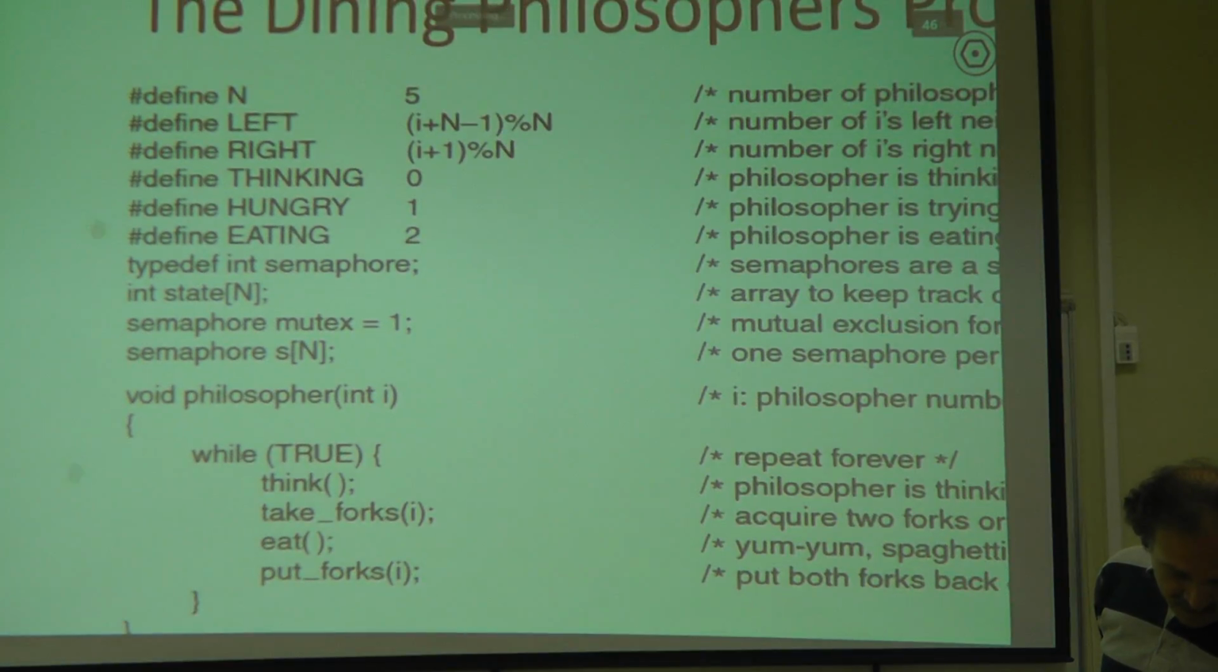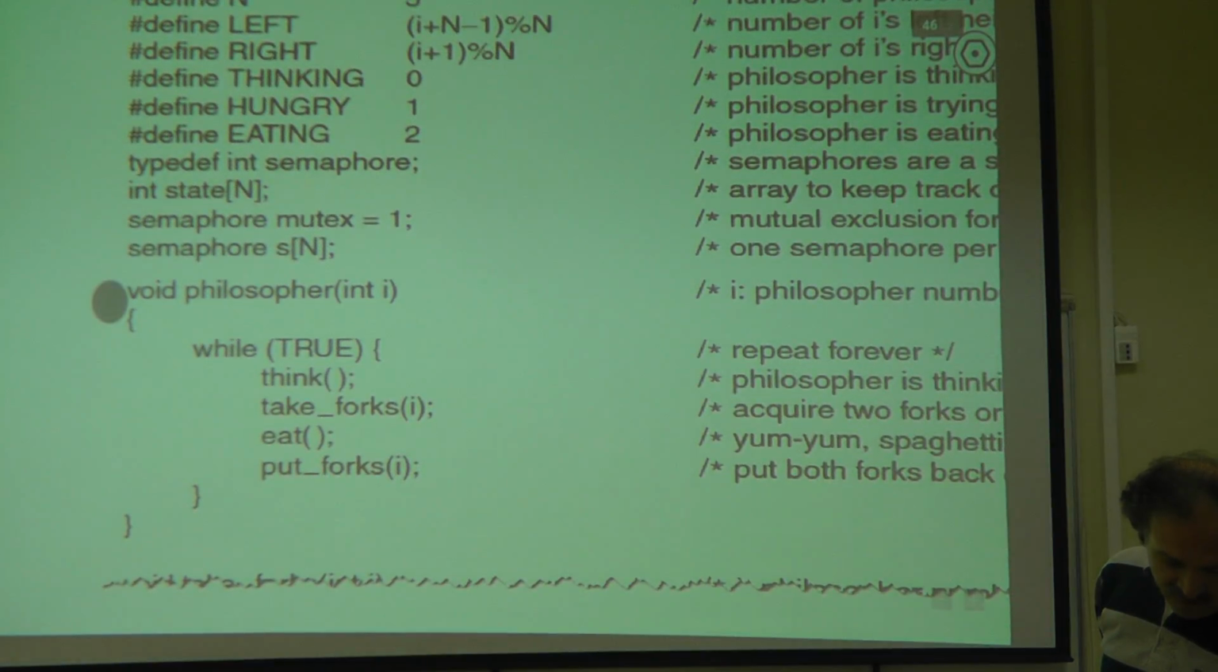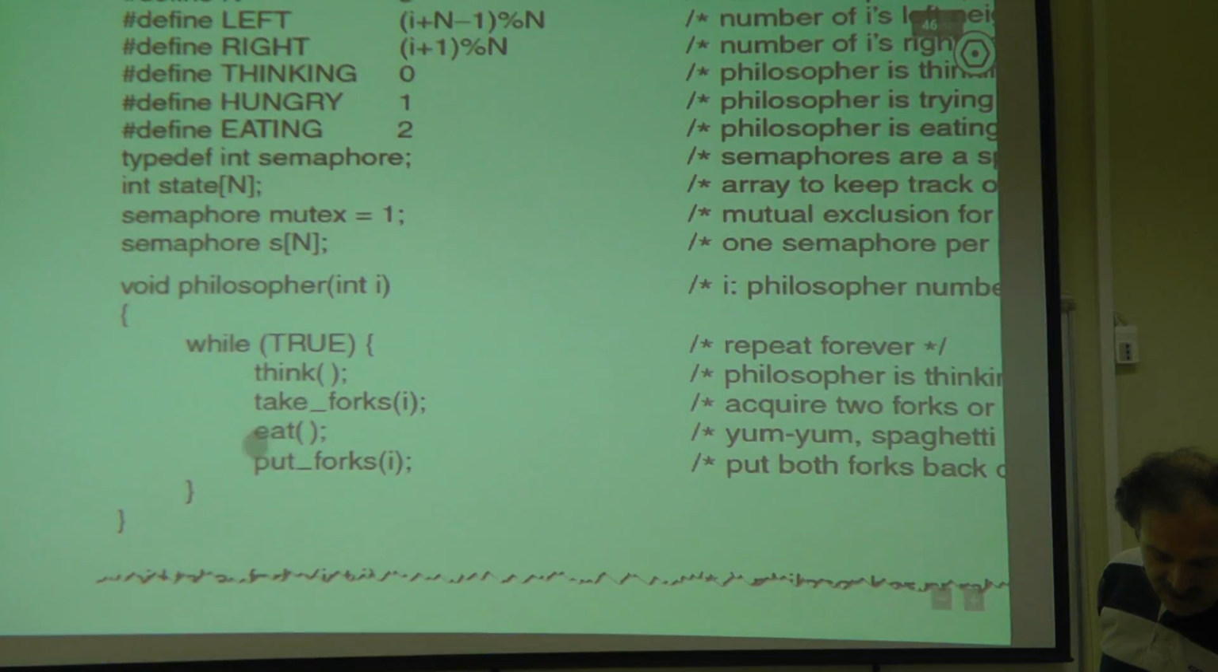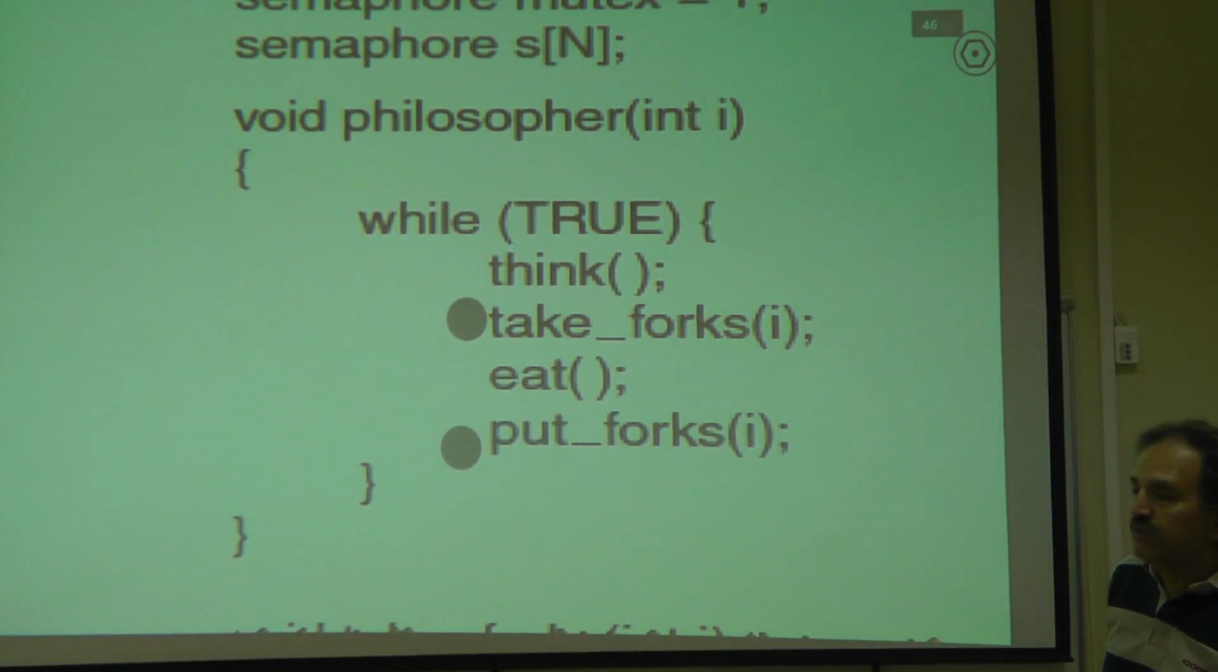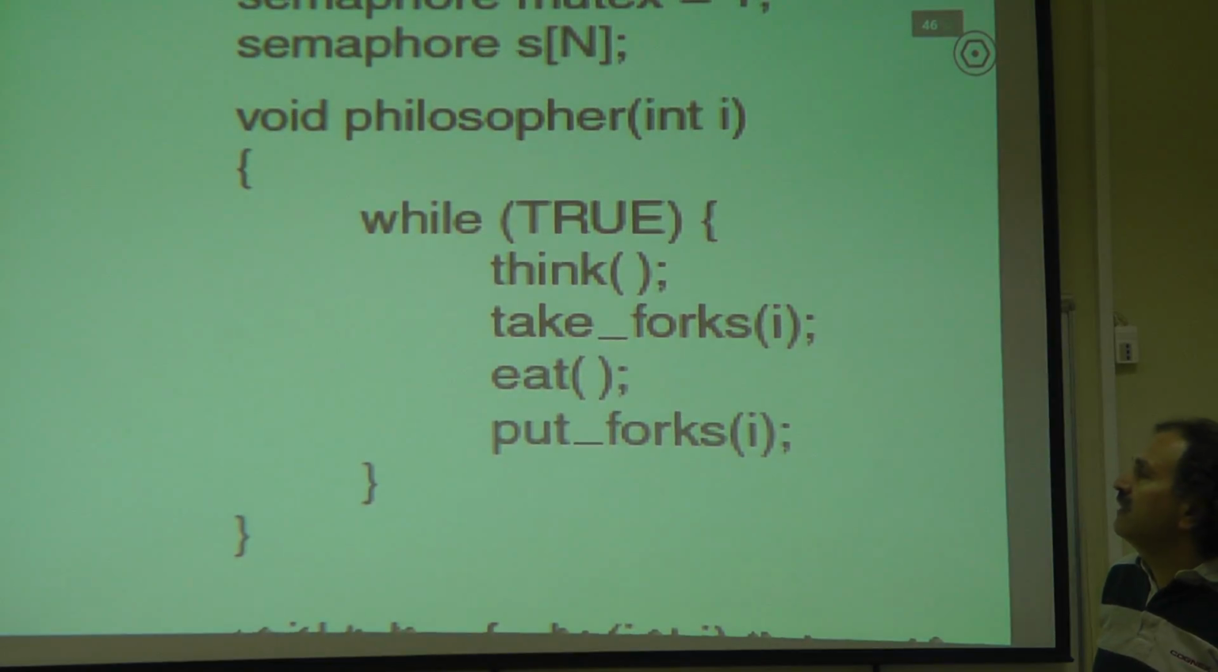Okay, so this is my philosopher procedure. In an infinite loop, it thinks, takes forks, eats, and puts forks. There is nothing interesting in this one. So the important thing here is take forks and put forks. These two have to be careful. When they take forks,